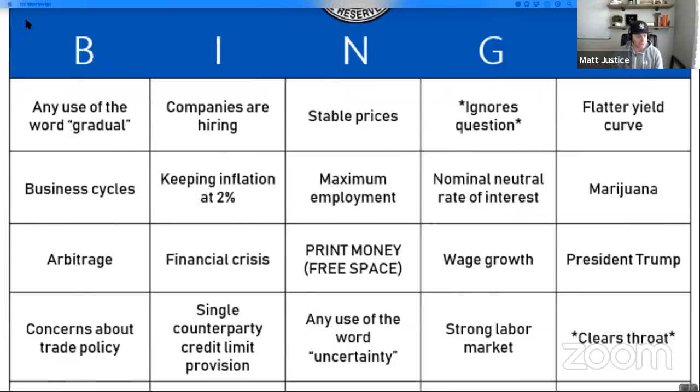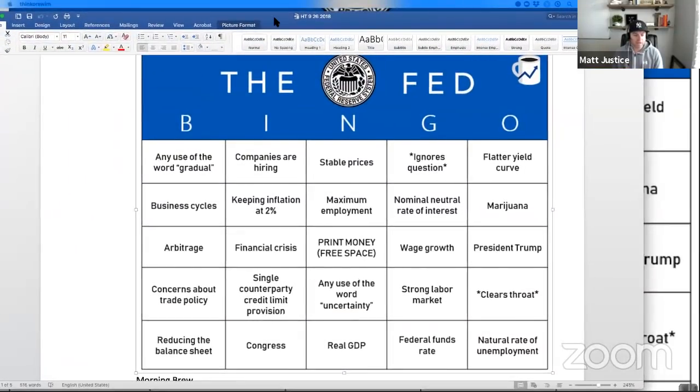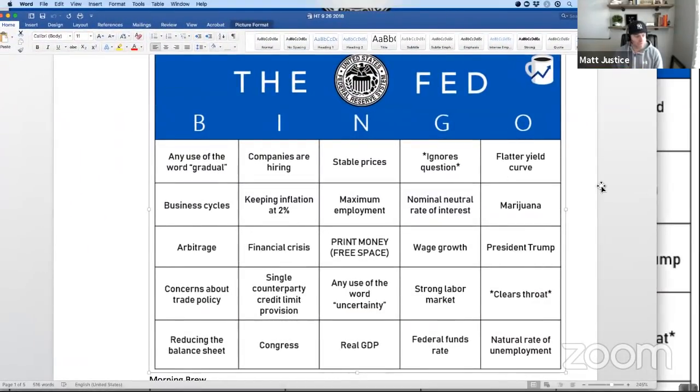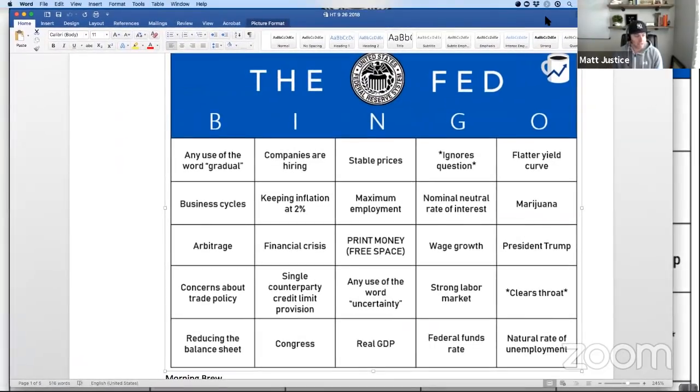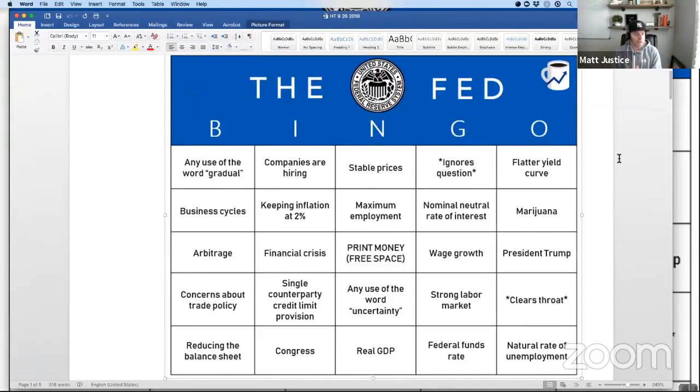So I don't know if there's anything in the language I'm specifically looking at. Obviously, they're going to talk about the 2% inflationary target. They're going to talk about how the economy's been doing very well, and that's how they're going to justify their continual interest rate hikes. I don't see anything besides par for the course today, guys. I think they're going to raise a quarter point, and I'd be surprised by anything else outside of that.